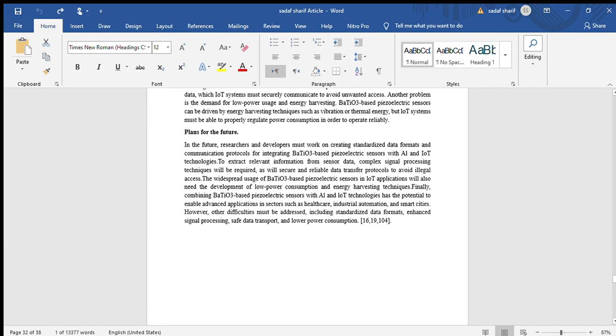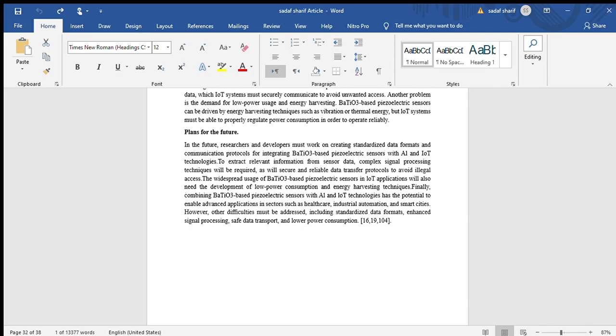In the future, researchers and developers must work on creating standardized data formats and communication protocols for integrating barium titanate based piezoelectric sensors with AI and IoT technologies. To extract the relevant information from the sensor data, complex signal processing techniques will be required, as will secure and reliable data transfer protocols to avoid illegal access. The widespread usage of barium titanate based piezoelectric sensors in IoT applications will need the development of lower power consumption